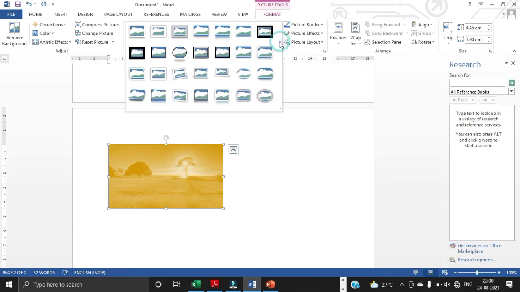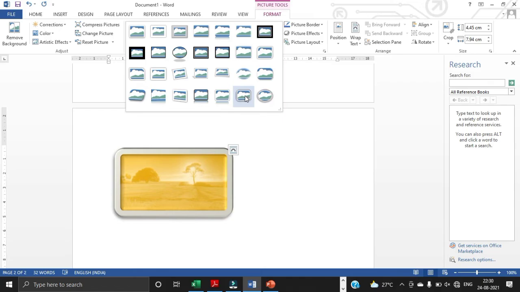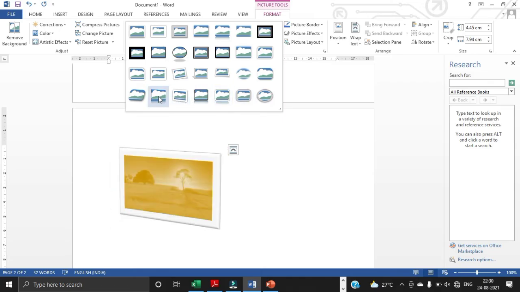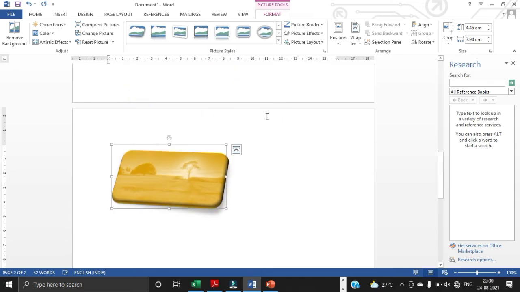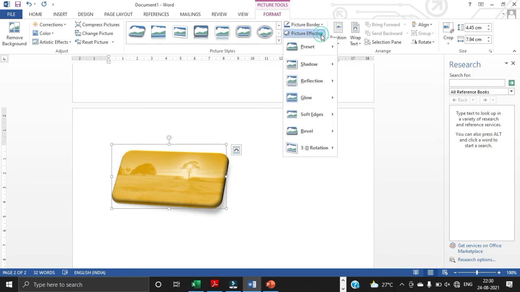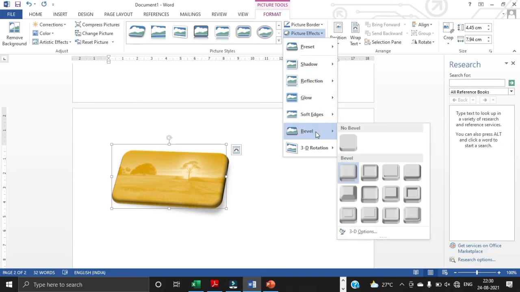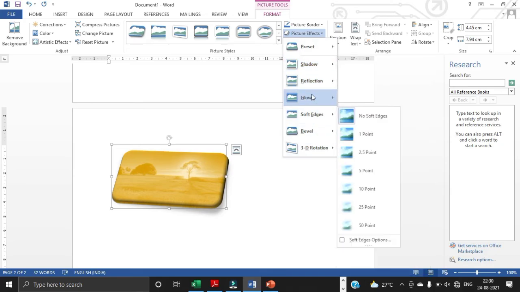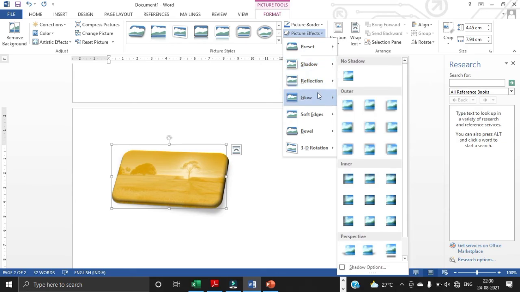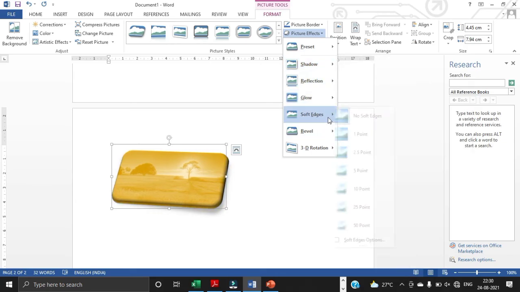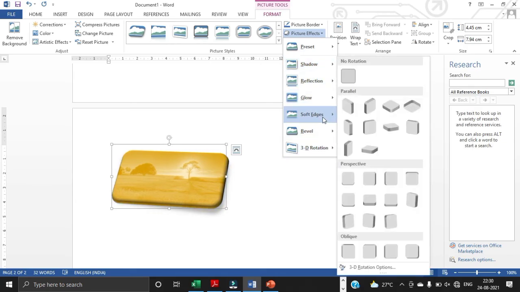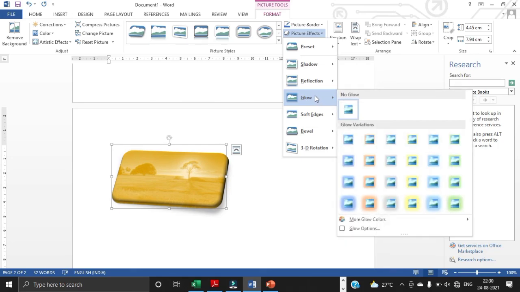Click the drop down list and choose the picture style which you need. To change the picture effect, select the picture effect options in the picture styles group and you can see the options here. You can choose the option as you need.